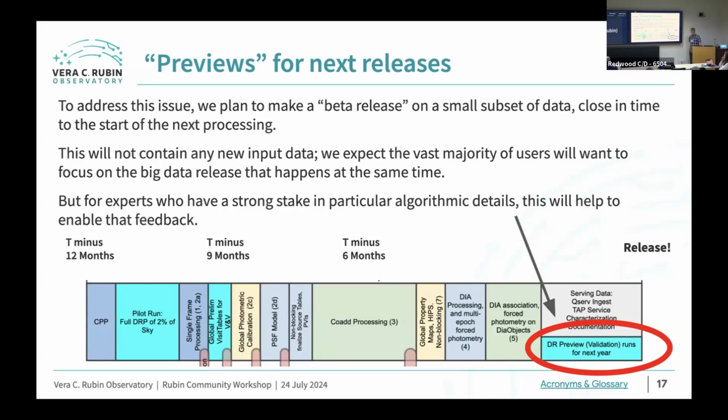Colin, can I? Yeah. That turquoise box includes the time to make the beta release and to get feedback on it? So this is the time to make it. The details of when we actually need to incorporate that feedback are somewhat complicated.